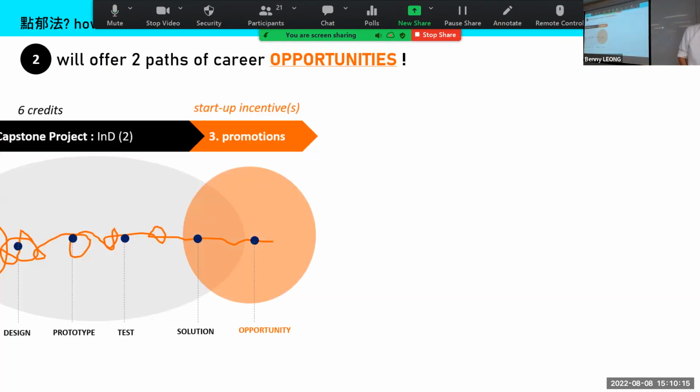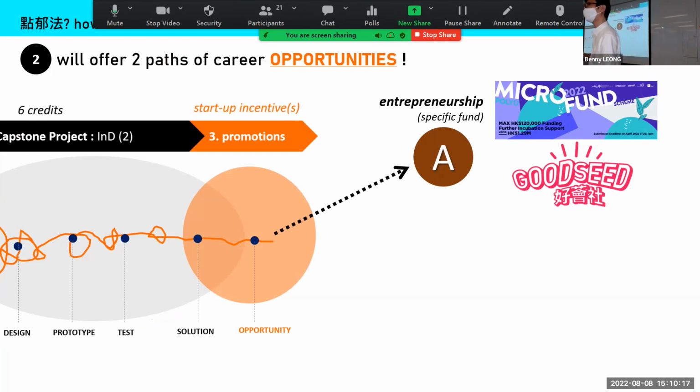Because in the end, this year there will be two opportunities for you guys to realize your coming career. Number one, of course, we are talking to PolyU Microfund, and if possible, we'll set up a kind of microfund really for design, and maybe only for integrated designpreneurship. Now that will be under discussion. Not a solid promise, but I will try my best, and Ken Frank will do the best also. So we'll try to deal with this.